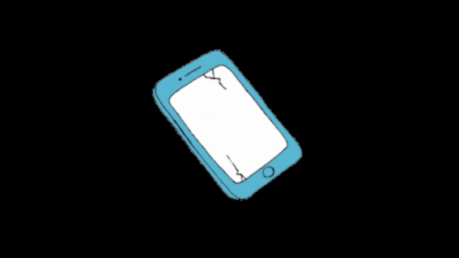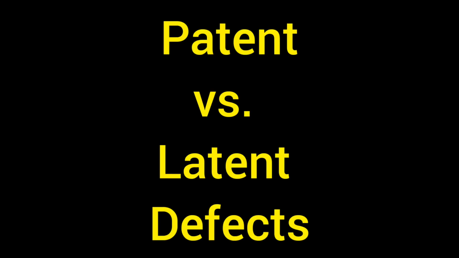However, you have not as yet used the mobile phone, so any defects that are not apparent on the face of it, that is, those defects within the mobile phone that are not going to be obvious to you when you buy that mobile phone and while you are physically inspecting it before paying the price for it. So those defects that you cannot see, those defects that are not obvious, those defects in the mobile phone that are not visible to your eye are going to be called latent defects, that is, defects that are latent